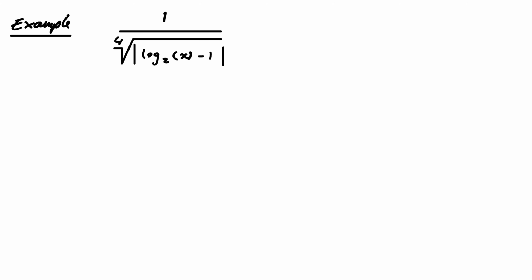But again, you have to be totally systematic. There is a completely rigid procedure we go through with these, and if you stick to that procedure, nothing will go wrong. So the first thing to do is to decide, how am I going to break this up into a composite? It looks much more complicated. Well, here's a pretty sensible way to do it, right? Let's do f of x is equal to, okay, so there are several ways, but I'm going to do it like this: 1 over the fourth root